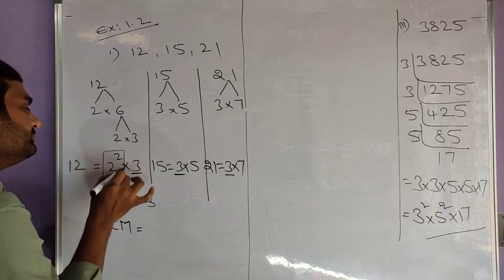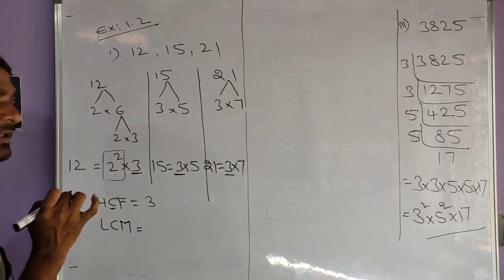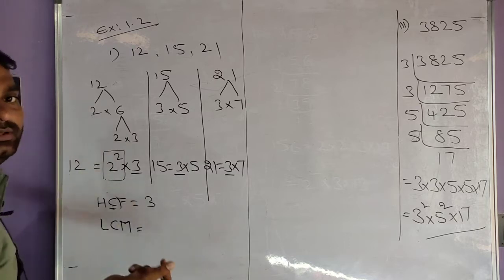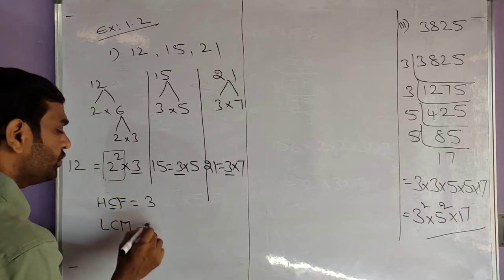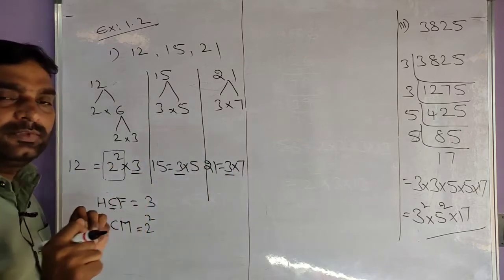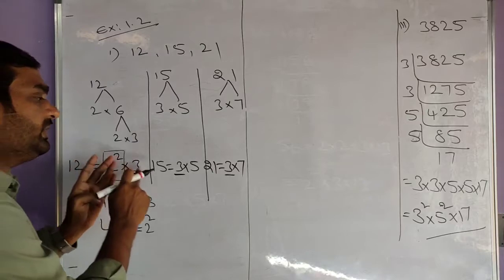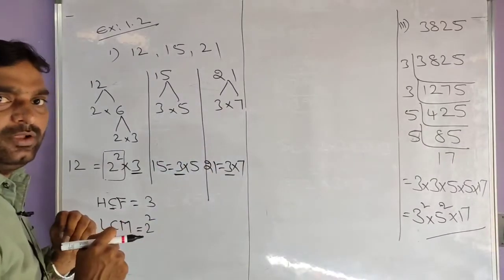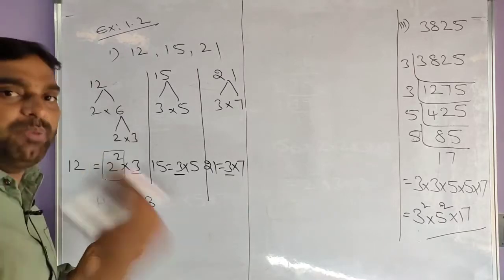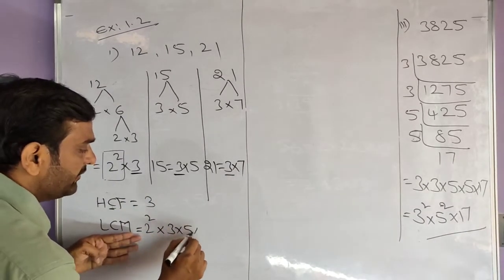Take every number, each in its highest power of the prime number, and everyone, that is 2 square. Here we have 2, 3, 5, 7. These 4 prime numbers are contained here: 2, 3, 5, 7. We should write every number 2, 3, 5, 7 in its highest power. Listen once: 2, 3, 5, 7.